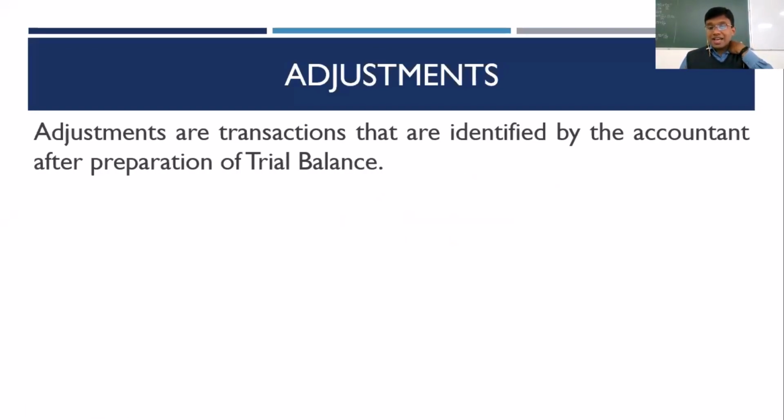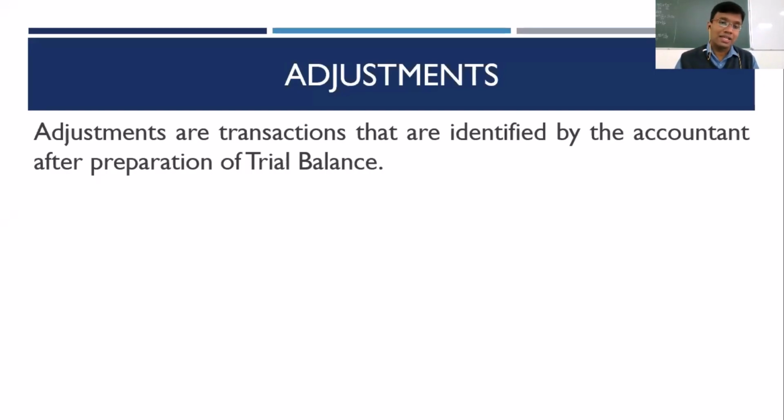Adjustments are transactions that are identified by the accountant after the preparation of final trial balance. Please remember, the prerequisite for the preparation of final accounts is the trial balance. What is trial balance? Trial balance is said to be the summary of all the ledger accounts in a business. If you take that together and then prepare a one-page summary, that is referred to